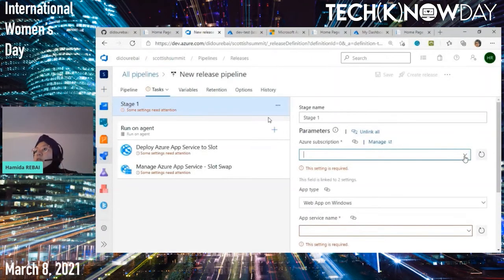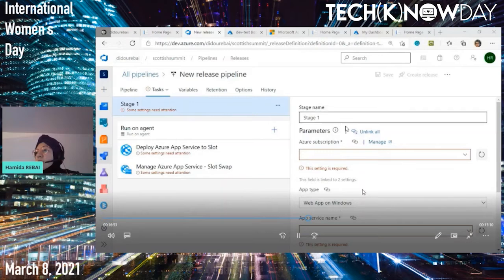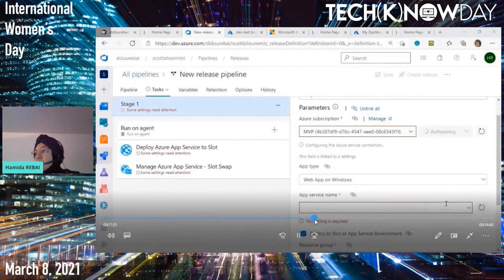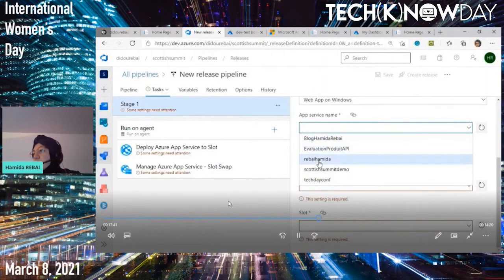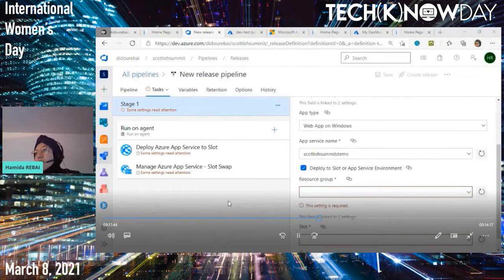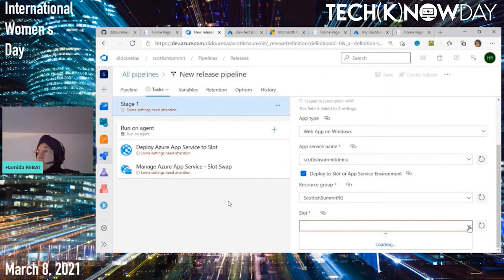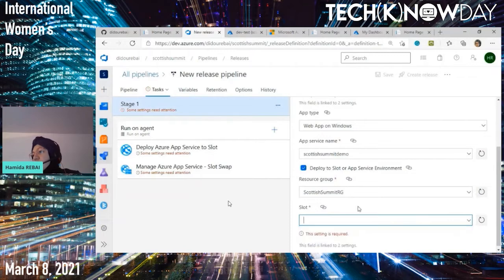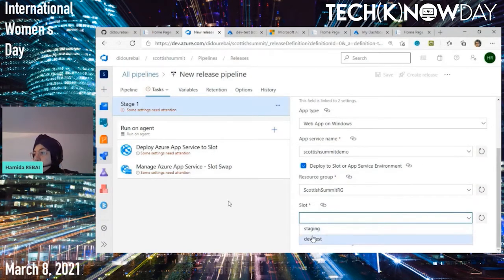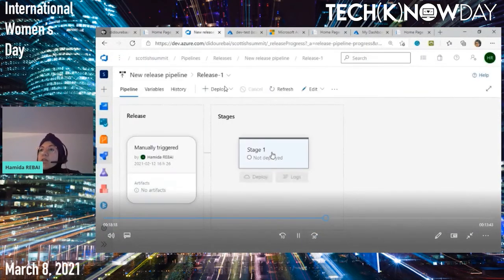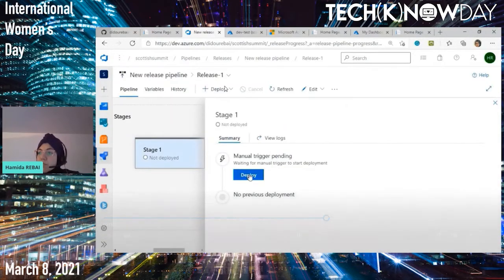And we need to fill all information requested, like Azure subscription, your app service name, all what you need here. So you need to confirm your authentication. And we have here your app service name, and your slot to choose. It's production, it's the dev test, what you need. For example, dev test, I will use this one. And we click on release, and here we will click on deploy